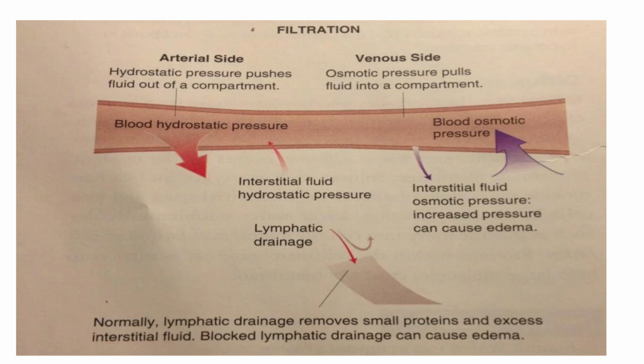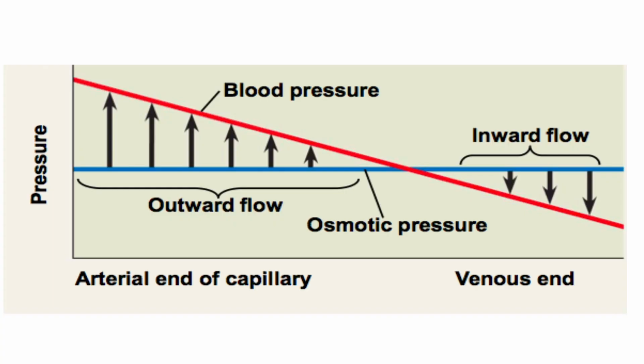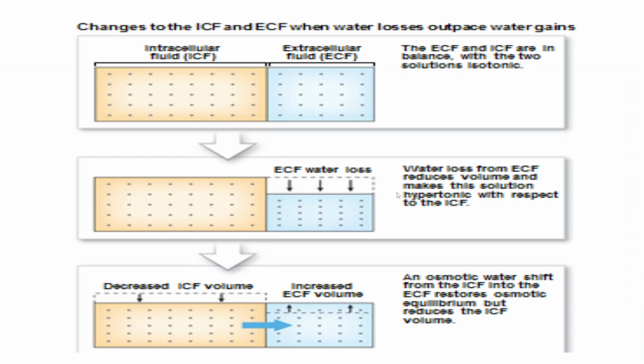So that integral maintenance of the water compartment is a major function of the circulatory system, and the circulatory system is the source through which the fluid enters into the interstitial space. The exchange of the fluid between the intracellular and interstitial space is maintained by the balance of the electrolytes. And this is the same thing which I have discussed, in terms of another image, so that you can make out exactly what it is.